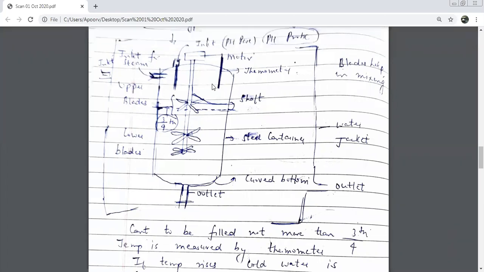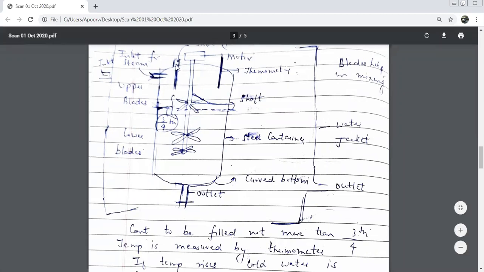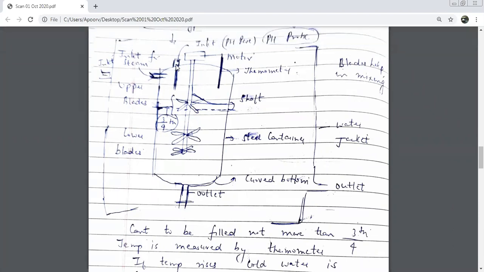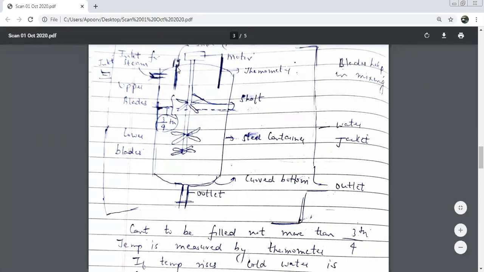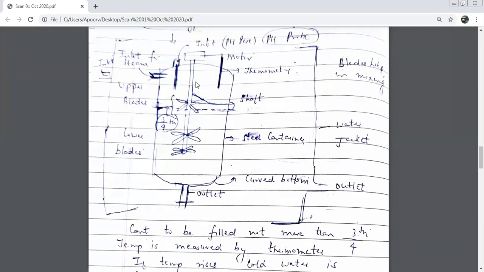Okay, we have 2 pairs of blades. This is which blade? Upper blades. And these are your lower blades. This pore, this hole is known as pH pore, and through this pore we have inserted a device which will check the pH of the reactor. This is known as pH probe. And this was your,